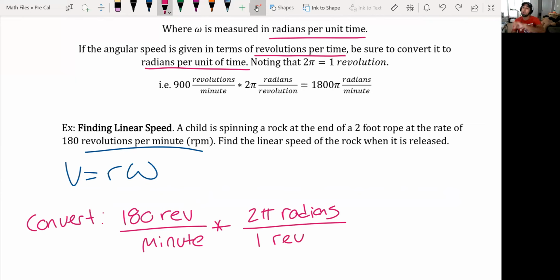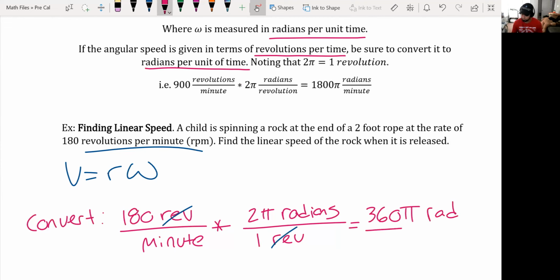We learned that earlier. 1 revolution is 360 degrees or 2 pi radians. This is where that conversion comes from. And now revolutions cancel, and we are left with 180 times 2 pi, which is 360 pi